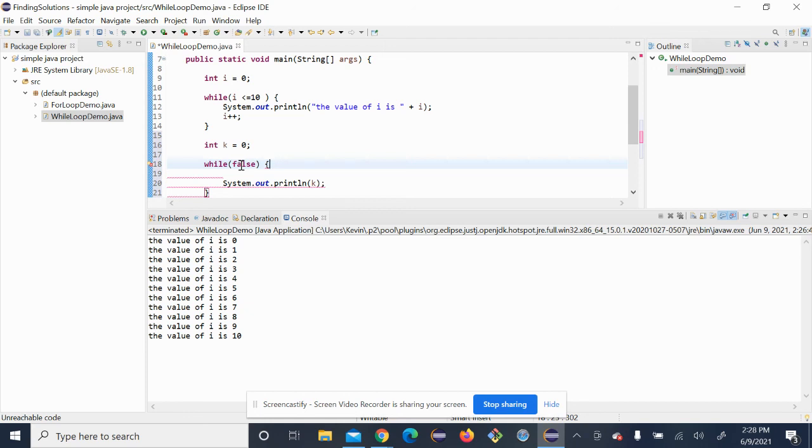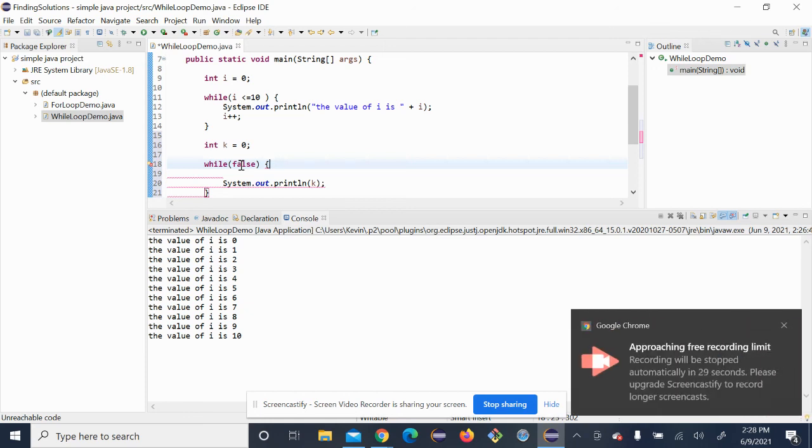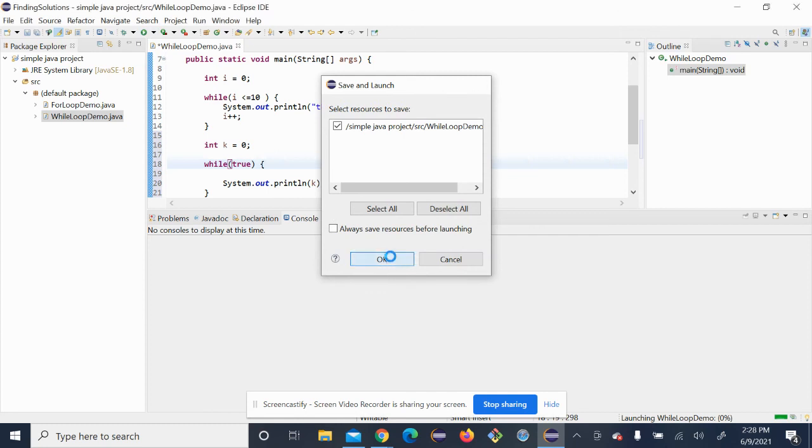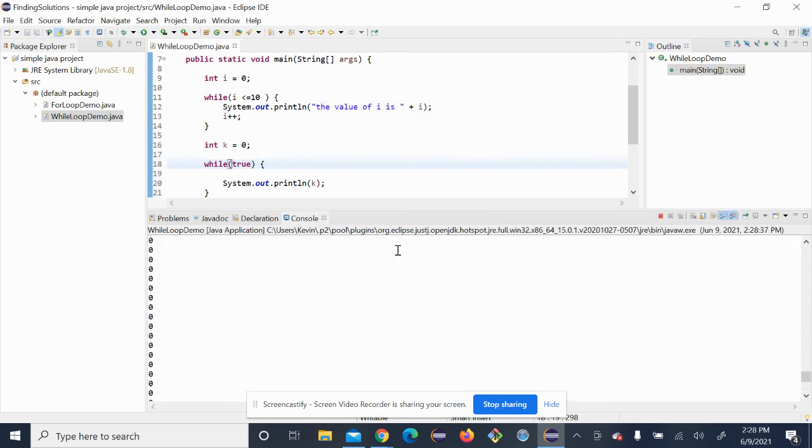There has to be an opportunity and it has to start off true before it has the opportunity to enter this code block here. So same thing vice versa. If we were to say true, right, we could essentially execute this code here and it will never end because the value will always be true. So let's just kick that off and see the value of k is